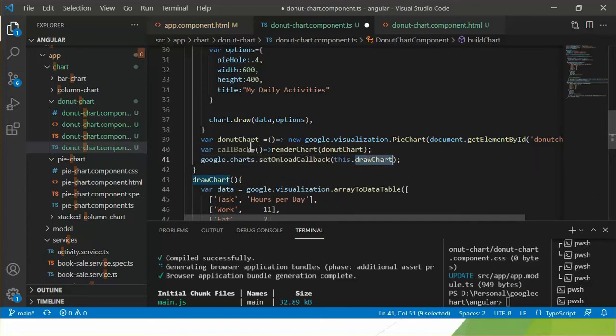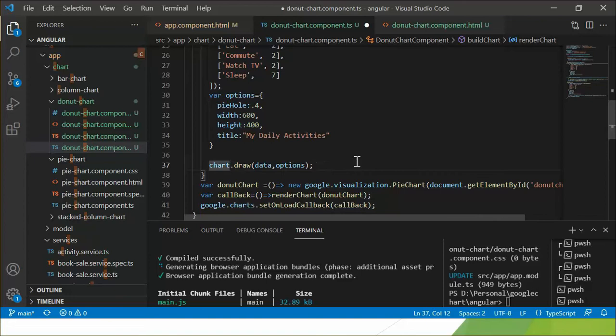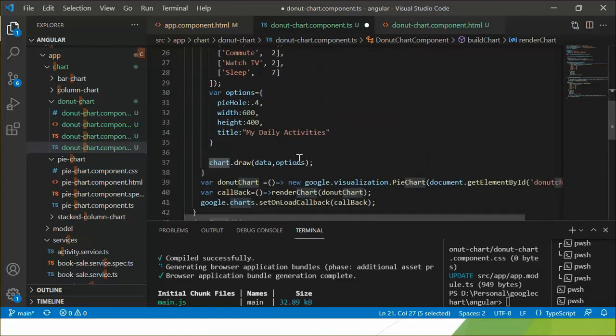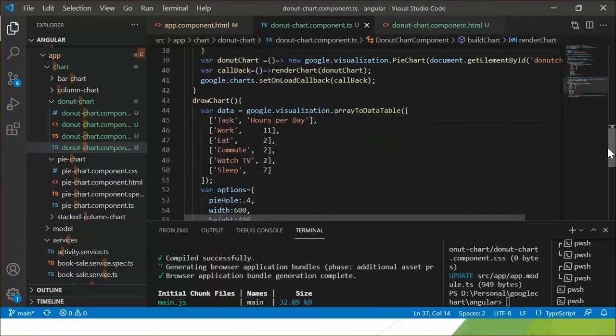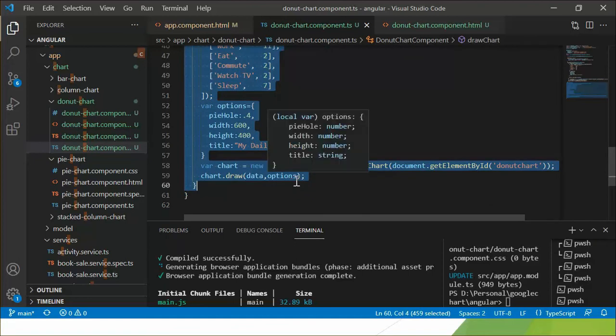Instead of passing a chart, I'm passing a callback here. As this parameter is taking the method, I need to use the method signature. Okay, so we don't need this method. I just comment it out.